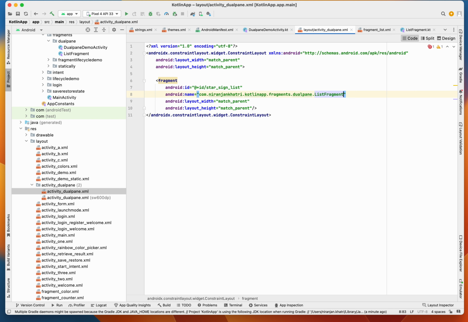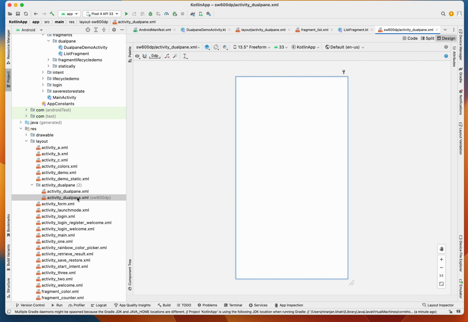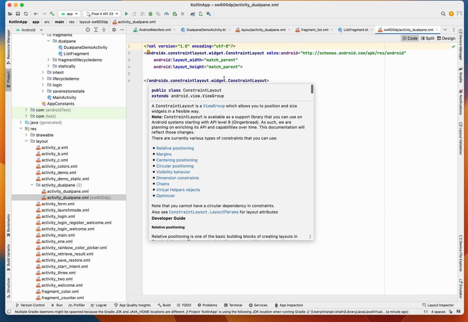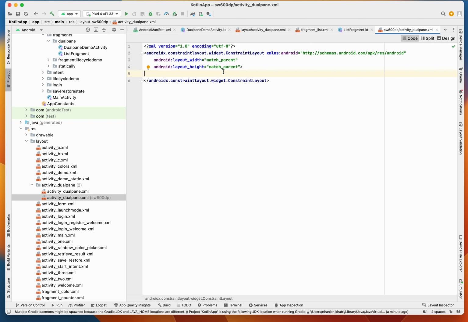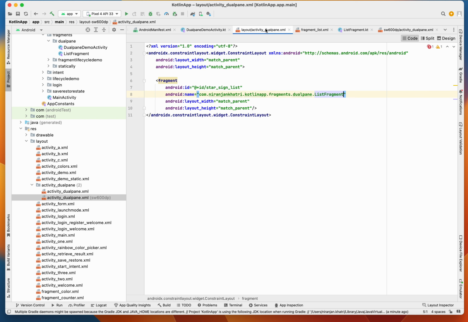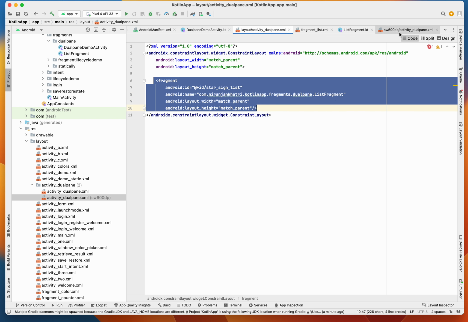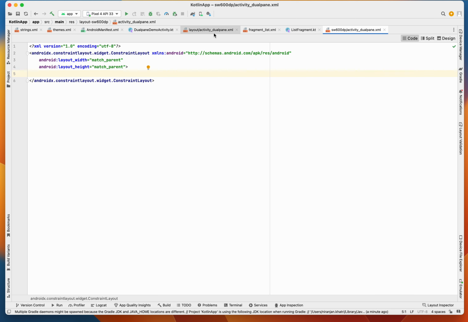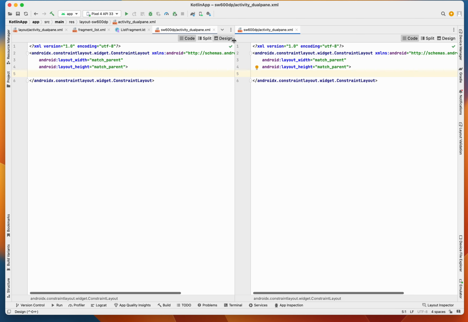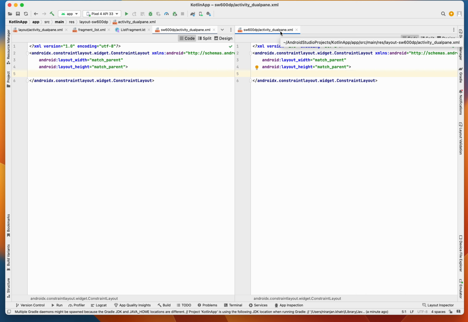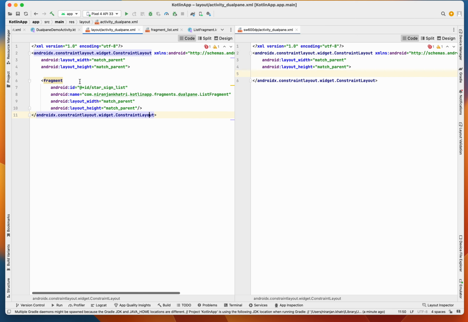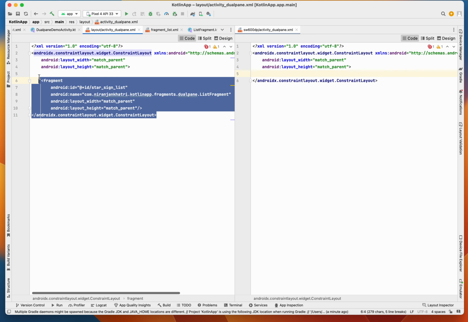Then we will also have to create similar dual pane layouts for our tablet layout. Okay, so what we are gonna do is have the similar... actually, I can copy this fragment. Okay, let me just do one simple. So this is the layout for dual pane, and this is the layout for your tablet, and this is the layout for your normal size phone. Okay, this is for your phones